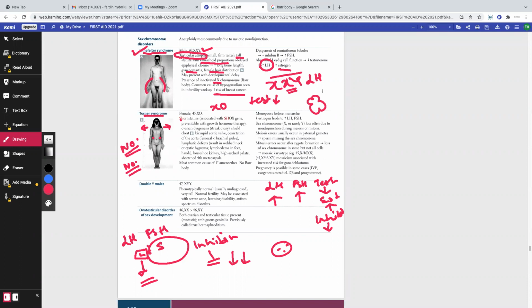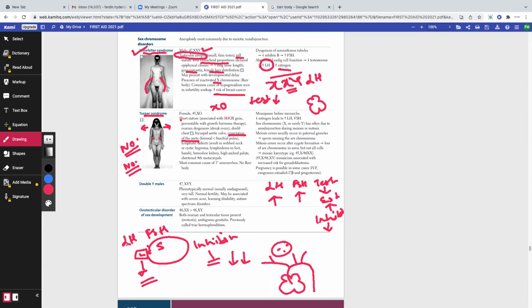The number one commonly tested pathology for the cardiovascular system in Turner syndrome is coarctation of the aorta. What is coarctation of the aorta? For example, if this is the heart, from over here, do we have the left ventricle contracting and the aorta forming the arch? Yes or no? Fast answers, please. The answer is yes. And then what happens? You have the brachiocephalic trunk, then the left common carotid, and then the left subclavian. The brachiocephalic trunk then divides to form the right subclavian and right common carotid.